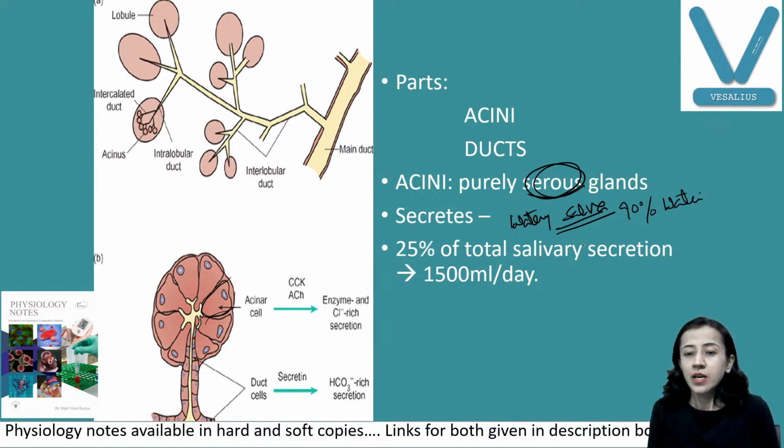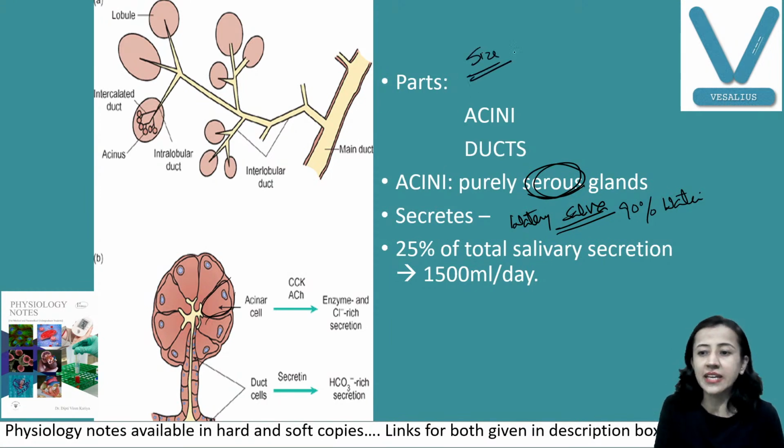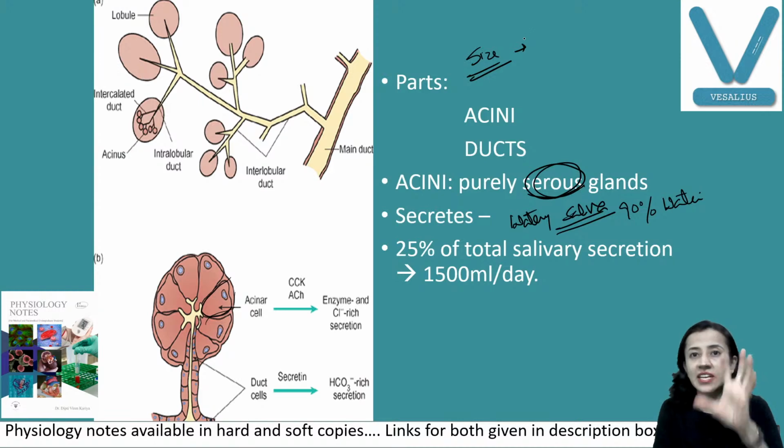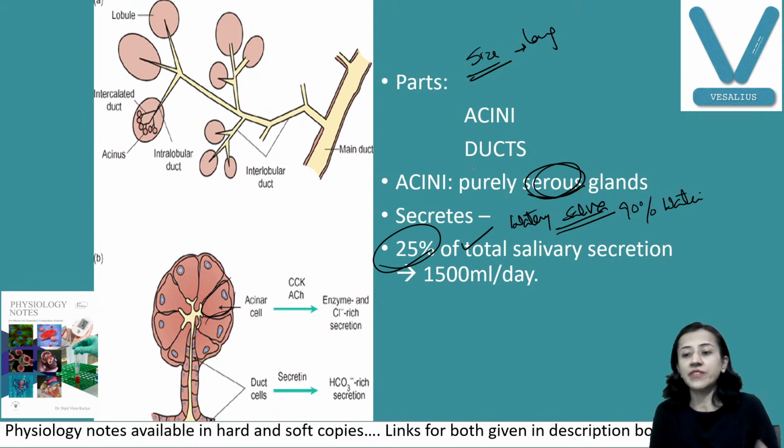And the parotid gland, although its size is the highest, you can also say the largest gland, the secretion is only 25%. 25% of total salivary secretion is by the parotid gland, while 70 to 75% of secretion is by the submandibular gland. Fine. Now,